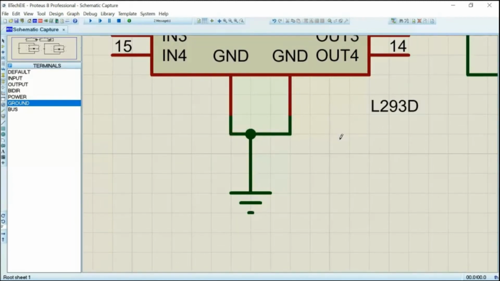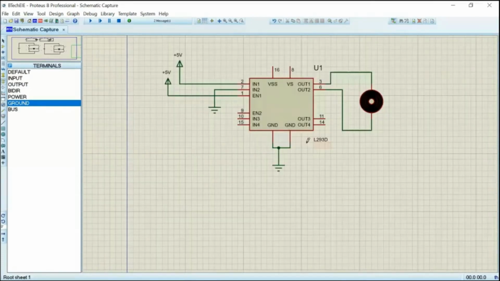There is no electrical difference between the previous and the present diagram, but this is much more professional. Suppose you have 10 or 15 grounds, you don't draw ground symbols for each and every one. You just short circuit everything and connect to ground.